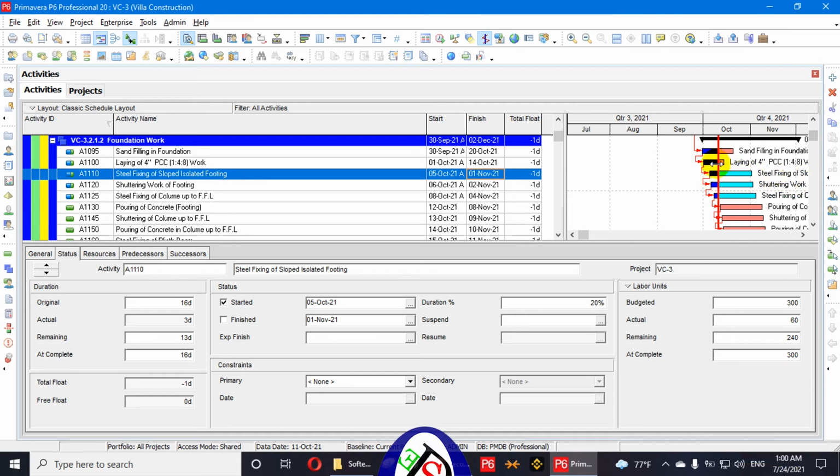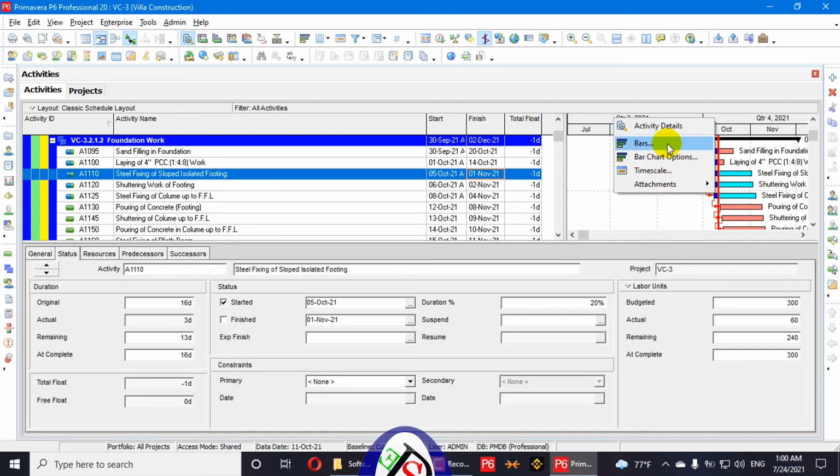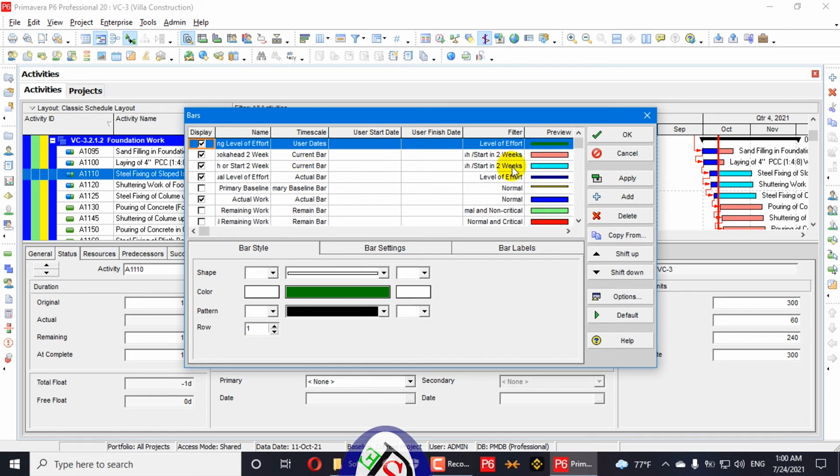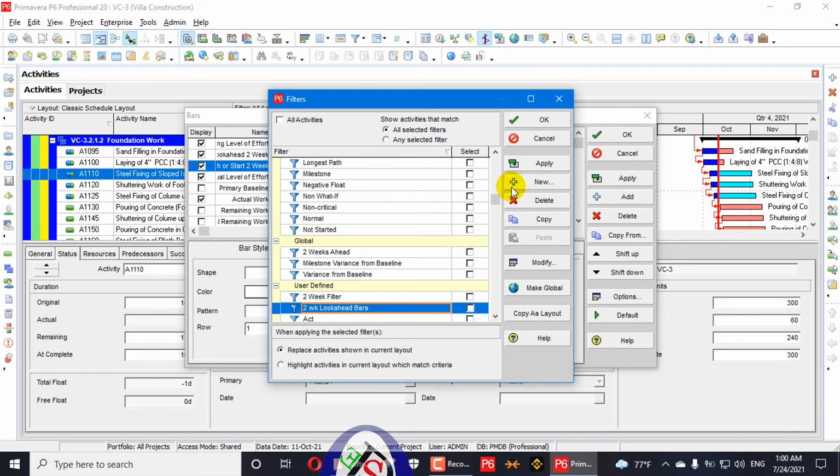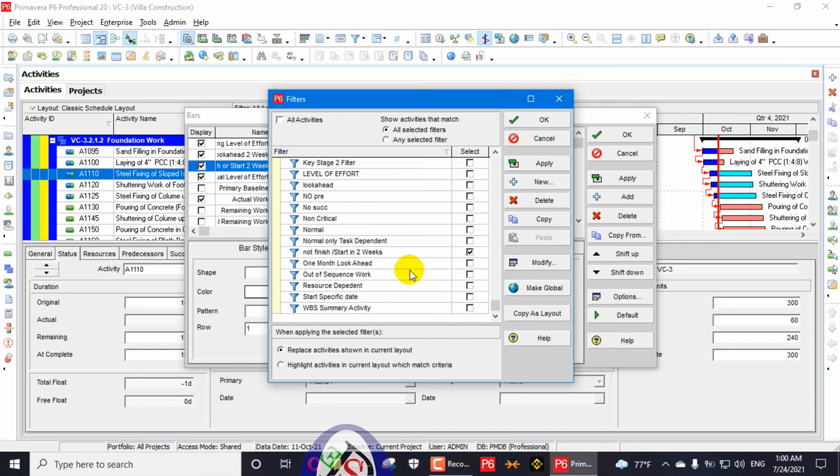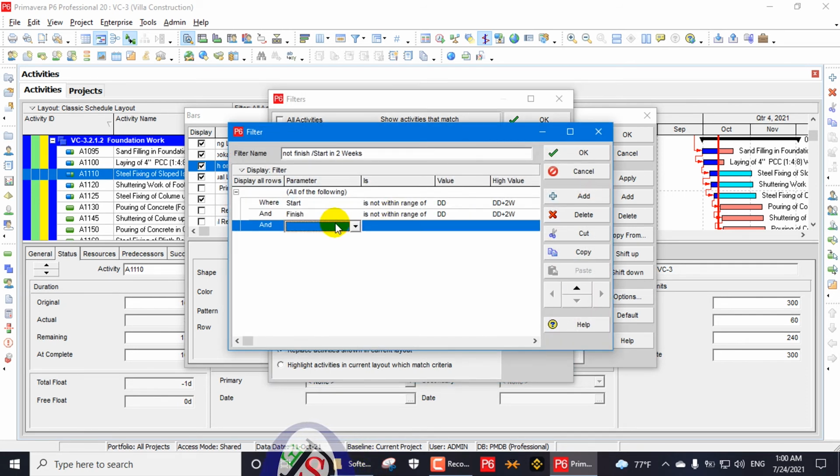So these activities are in progress. That's why. So what we will do, we'll go here in the bars and we will select in the bars here and we will select the options here and modify this one and add here activity status here. Activity status here is not equal to in progress, okay.